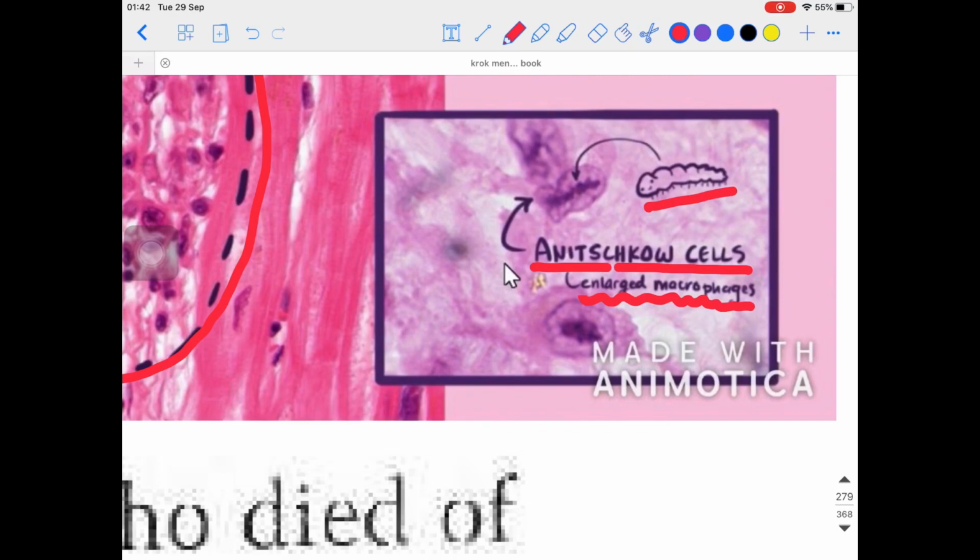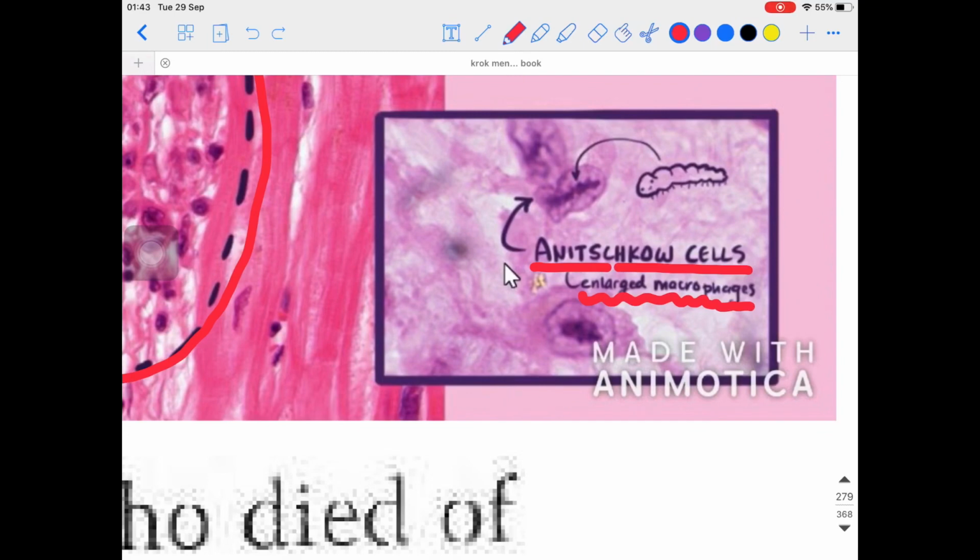Okay, in older times pathologists were very imaginative. Whatever image they were seeing in the pathology slide, they used to correlate with real life things. So at that time they thought that it looks like a caterpillar, so they gave the name of the caterpillar over here. So these are the Anichkov cells found in the Aschoff body. A for Aschoff body, A for Anichkov cells. They resemble the appearance of a caterpillar, so they are also called caterpillar cells. What structures do they have?